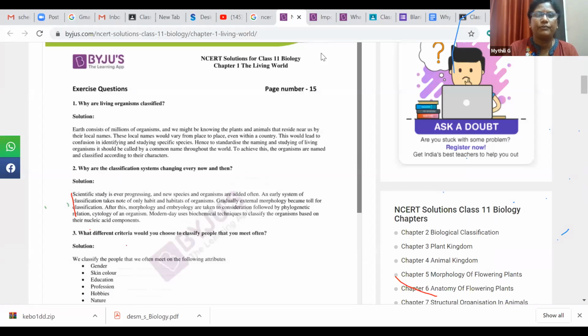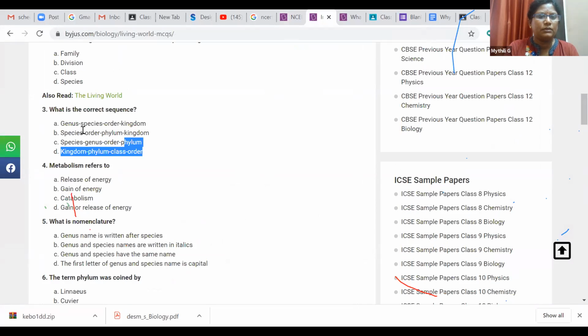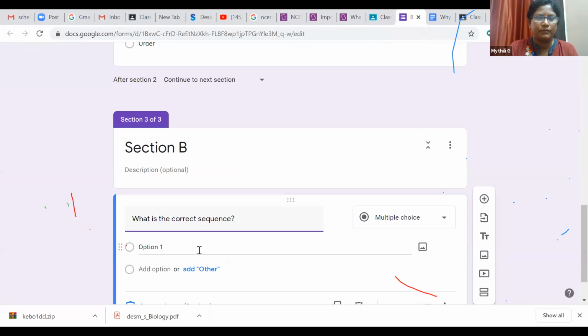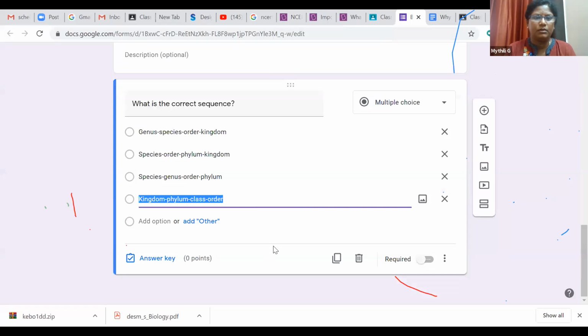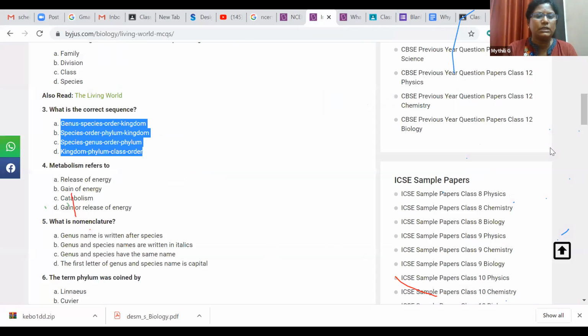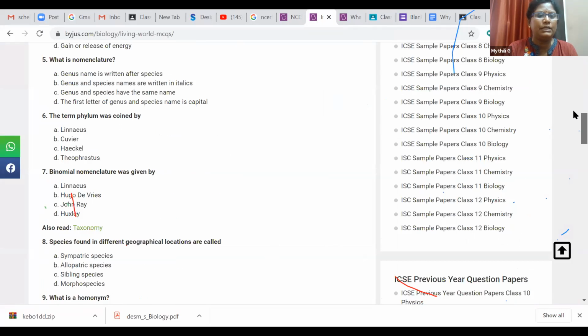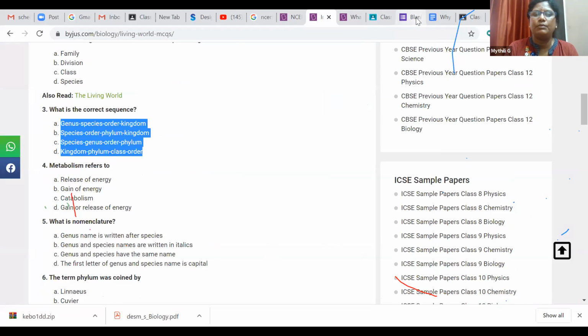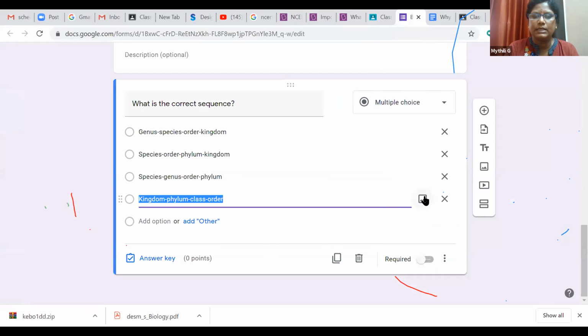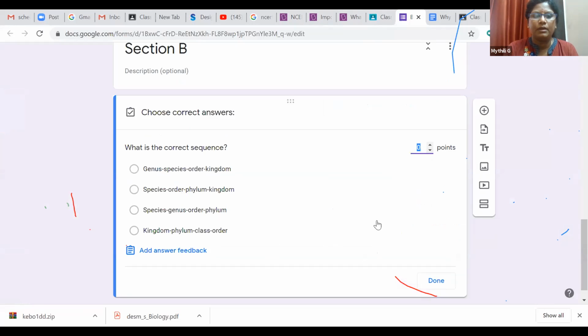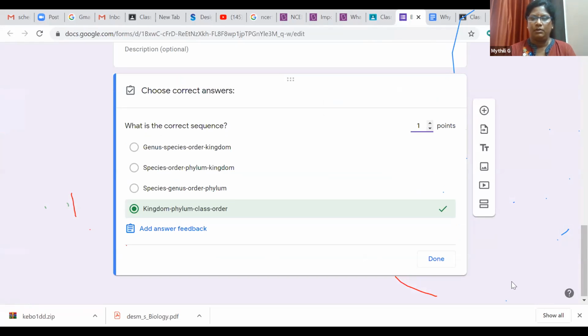Okay, so for question number 3, D is the correct answer. So I will put D as the correct answer key, and I give 1 mark to this one. Okay, done.